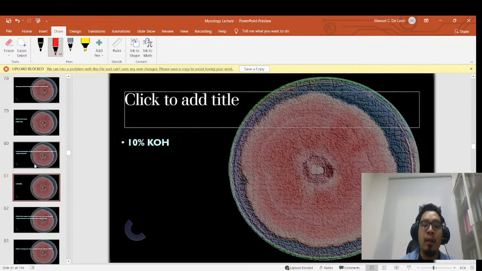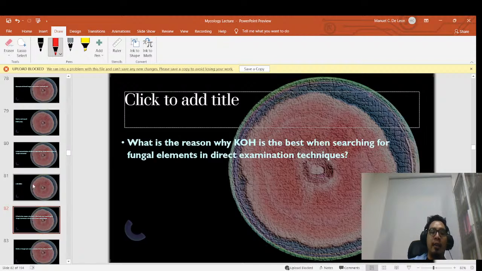Which of the following organisms is a dermatophyte, and which of the following culture media is a fungal culture media? Those are my two questions in my board exam with regards to mycology. But for you guys, this might be one that you encounter, so I added it here so you won't be confused.